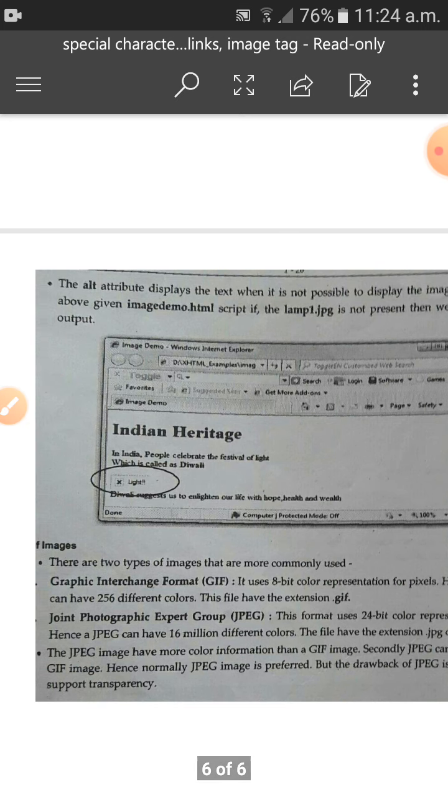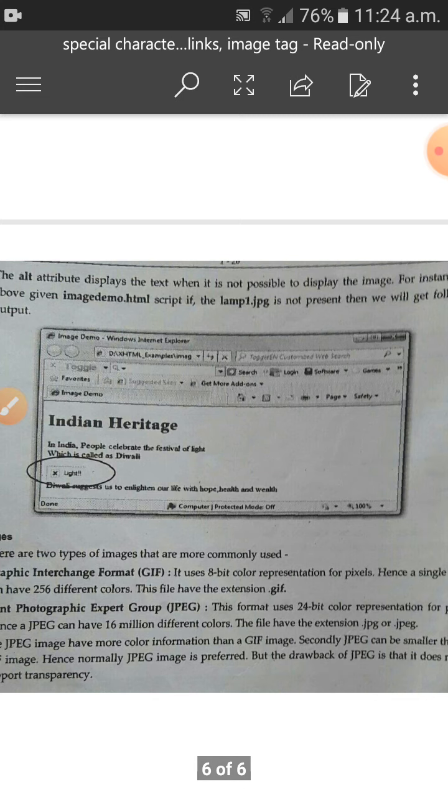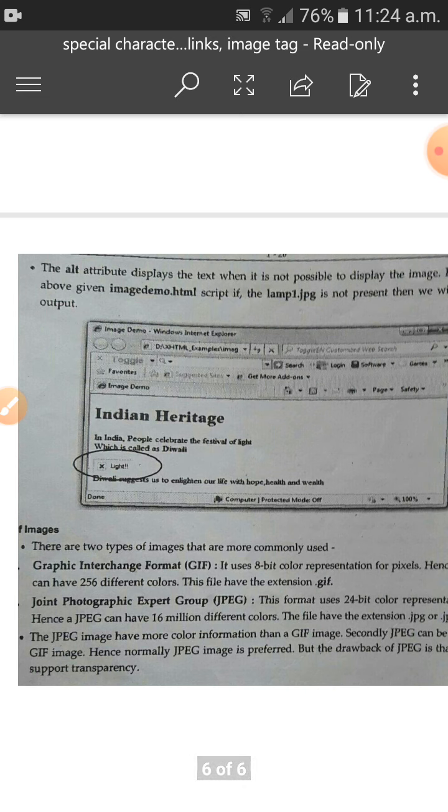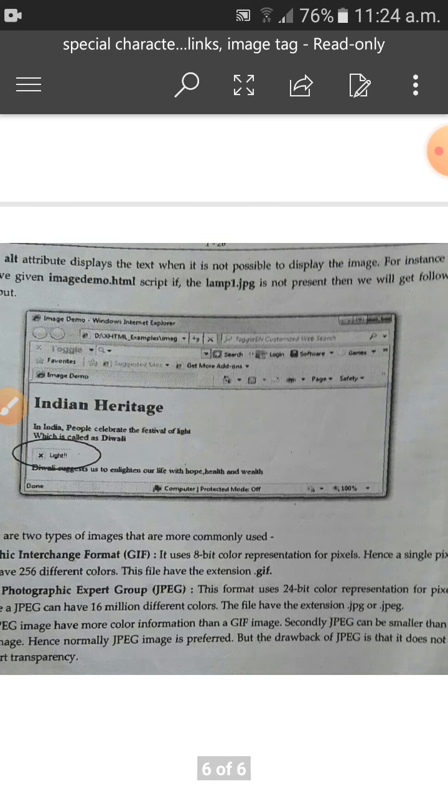The next type is Joint Photographic Experts Group, that is JPEG. This format uses 24-bit color representation for pixels, hence JPEG can have 16 million different colors. The file has the extension .jpg or .jpeg.